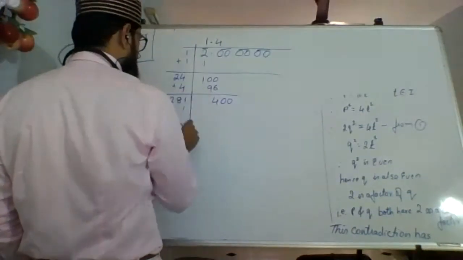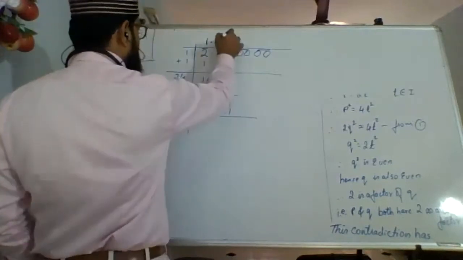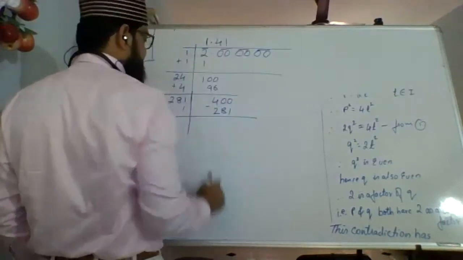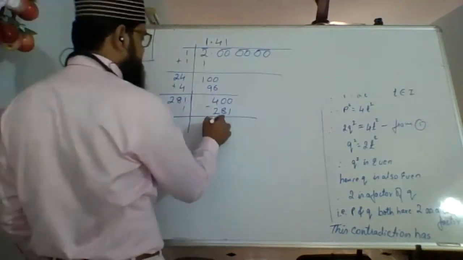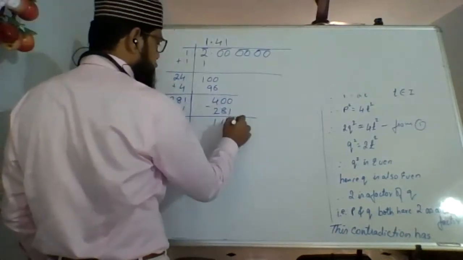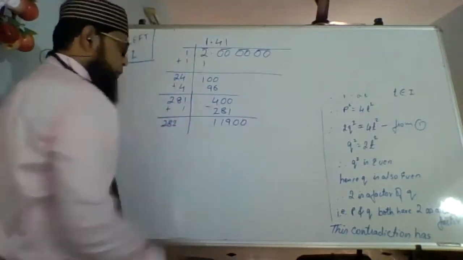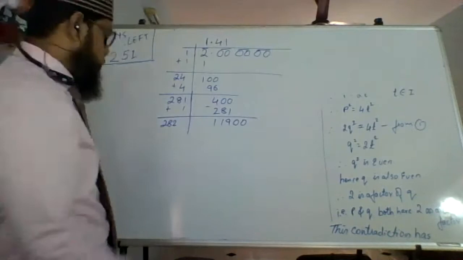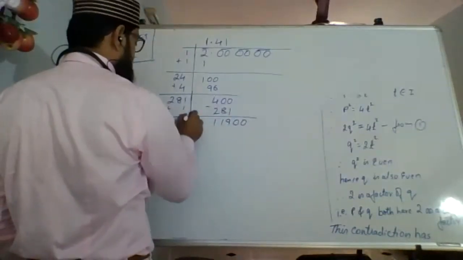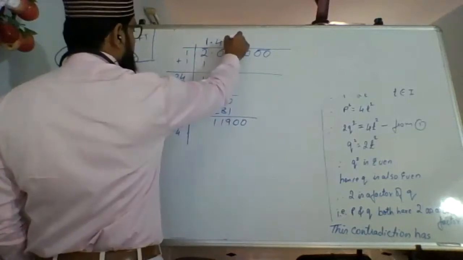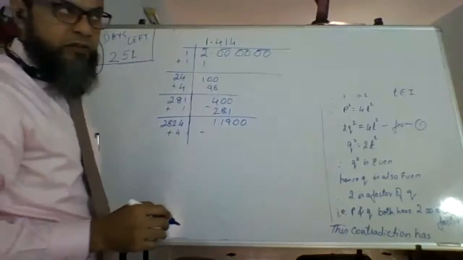ये आपने actually lower class में किया. I am just doing it for your knowledge. 281, and here there will be 1. Subtract. So 400 minus 281 gives you 119. Another 2 zeros will come down, and this will become 282. Okay, 282. Again, by trial and error, we multiply this by 4, so you will get. Okay, so from this, if you subtract, it will be 11,296.